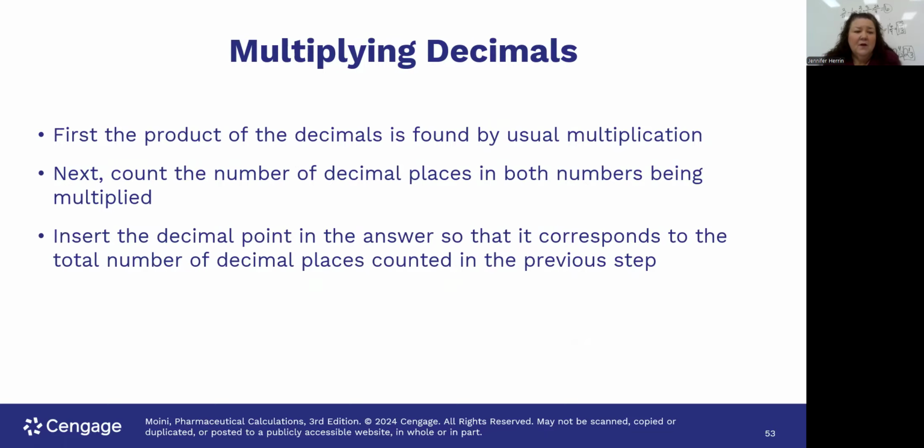Multiplying decimals. The first product of the decimals is found by usual multiplication. Next, count the number of decimal places in both numbers being multiplied. And again, this is if we are doing it manually. You're going to use a calculator, so just plug the numbers into a calculator. Do not overcomplicate this. Decimals are considerably easier than fractions just simply because we can now plug these numbers into